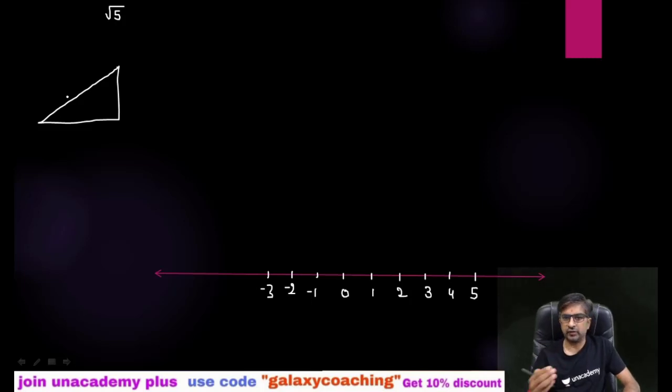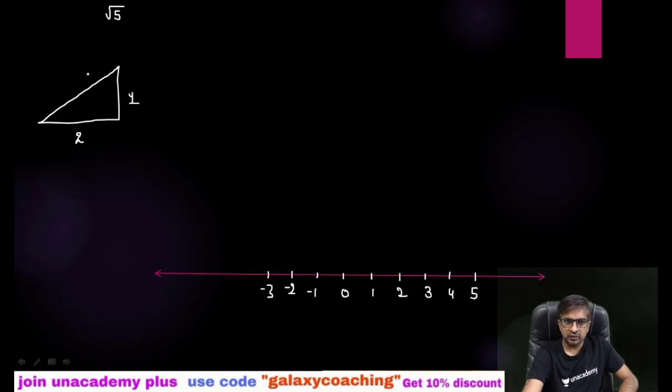So you need to start from the basic. First of all, let me tell you, you need to find out the nearest perfect square number less than 5. Nearest perfect square number less than 5 is 4. 4 is a perfect square number and 4 is a perfect square of 2. So here you need to take your base as 2. Every time you need to do this only. Guys, you need to find out the nearest perfect square number less than the given terms. Take it here and every time you need to take 1 here.